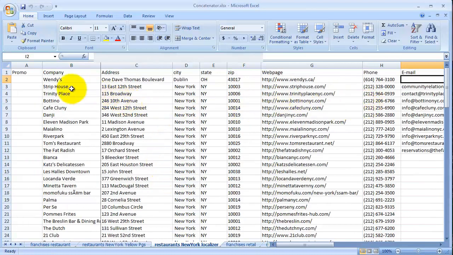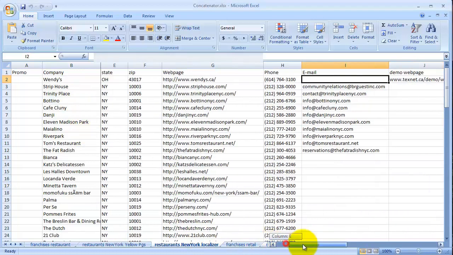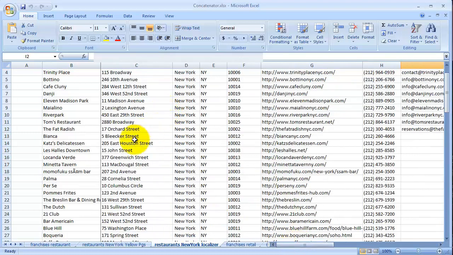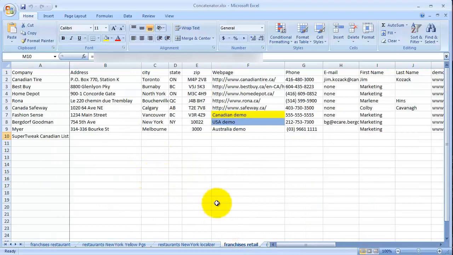And it wasn't from Yellow Pages, it was just a regular scraper. Okay. And didn't get as many emails, but there was a few here. And I didn't really do any graphics, but it's all New York stuff. You can have that. And here again, there's some franchises. These are Canadian ones. Okay, and if we keep going,